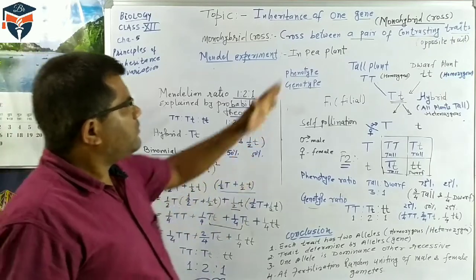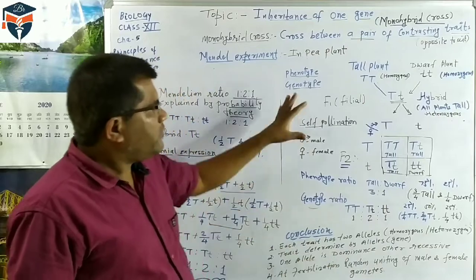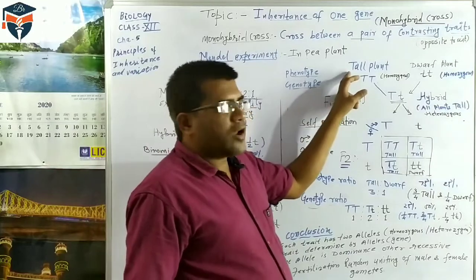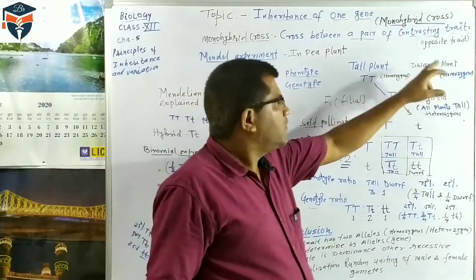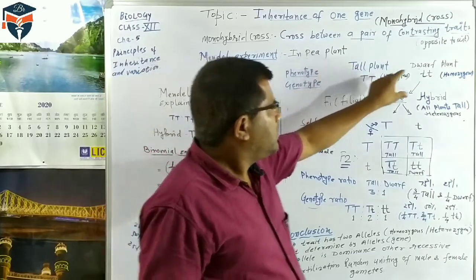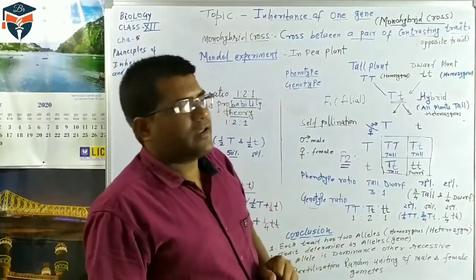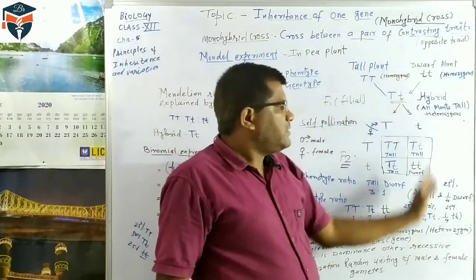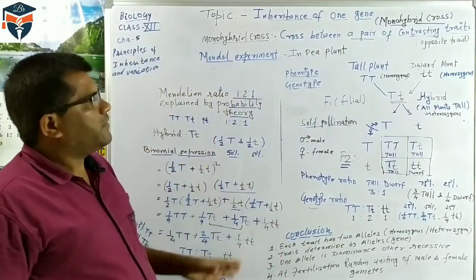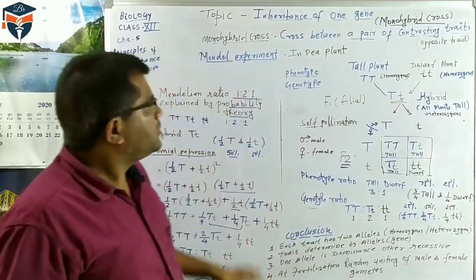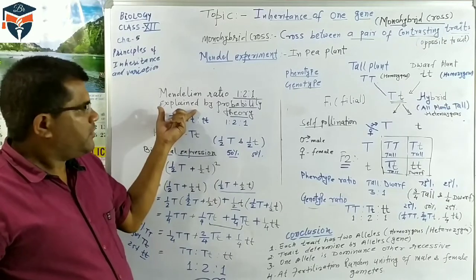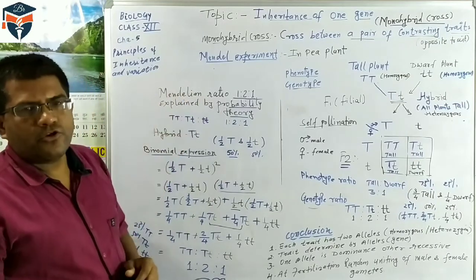So in examination, what is monohybrid cross? This is asked. So I have taken one example, tall plant and dwarf plant. Same you can take for the round seed and wrinkled seed also. Round seed, any alphabet you can use, that is the dominant character, so capital letter should be used. And for wrinkled seed, you take the small letter of that one. And then the same type of Punnett square chart is prepared, and on this basis we can explain the monohybrid cross. So this is all about monohybrid cross and the mathematical or probability theory explanation of the Mendelian ratio.